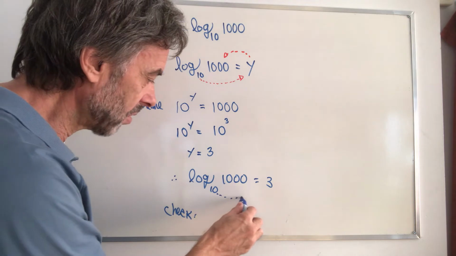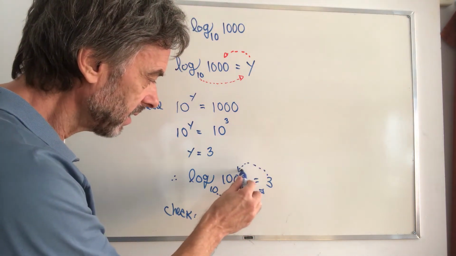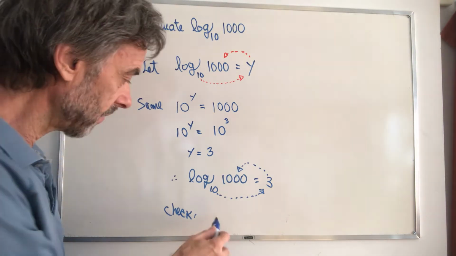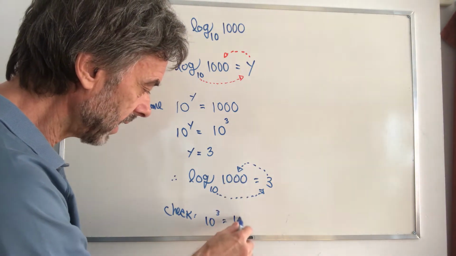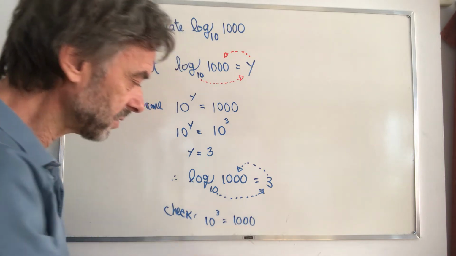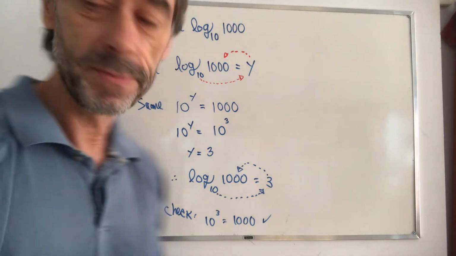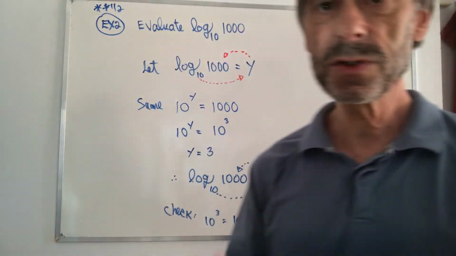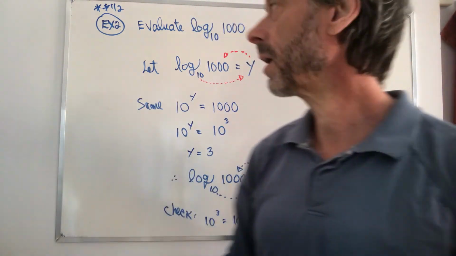Again, same story. Base to the power right-hand side equals inside of the log. 10 to the power of 3 equal 1,000. Of course, this is a true statement. Check. Yes? So, it's more or less the repetitive thing that we're going to do there,